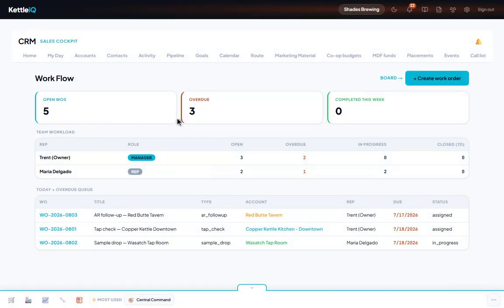Dispatch is where you assign and monitor tasks across your team. Up top, you get the workload roll-up, open work orders, overdue and completed this week, and a per-rep breakdown so you see how work is spread. Open the board and tasks group by status, unassigned, in progress, done, so you can see the whole team's load